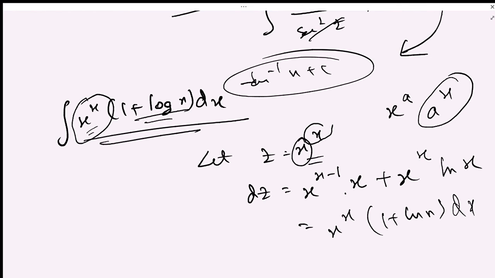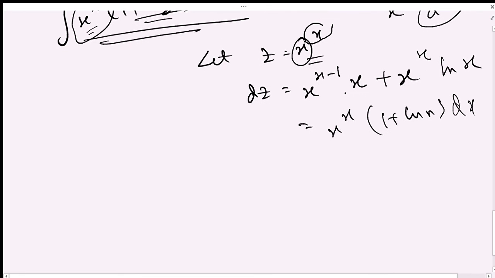So basically this integration gets a bit changed. Now how does it get changed? Your dx is replaced by dz directly, because whatever is there in the function we have substituted directly. Clear? Let me make you understand how we can solve this in a longer way. This is the shortcut form of solving this. You can solve it this way also.